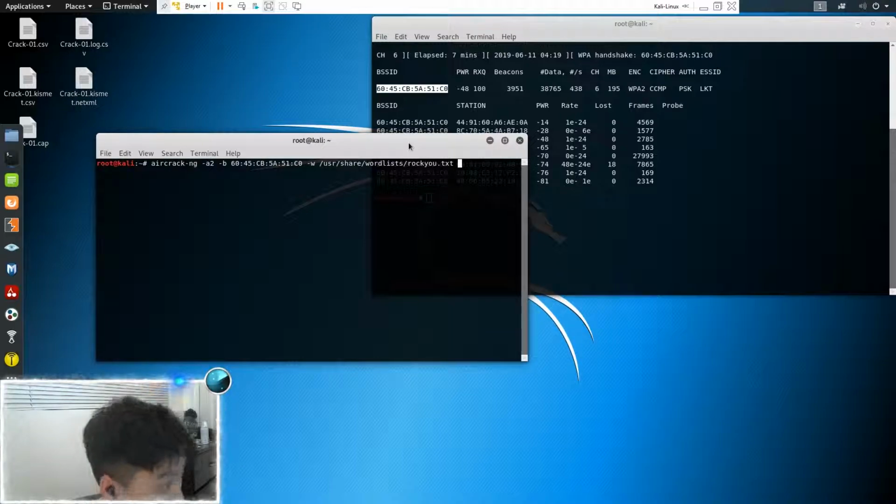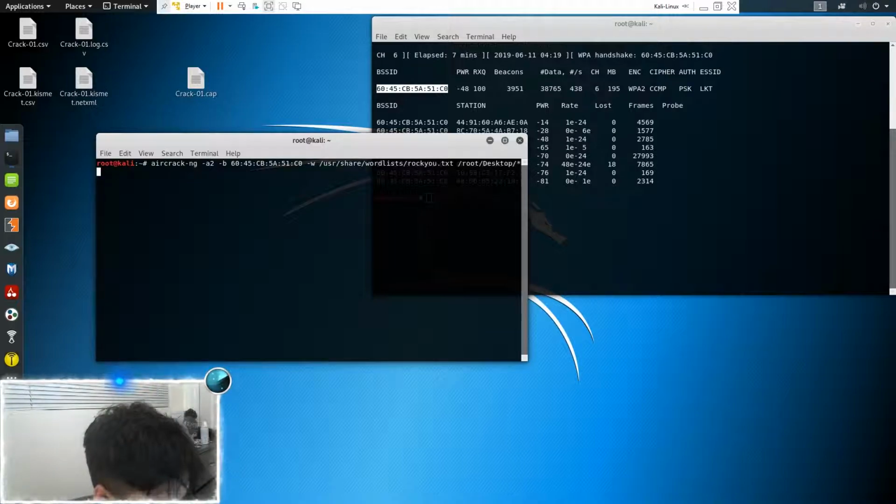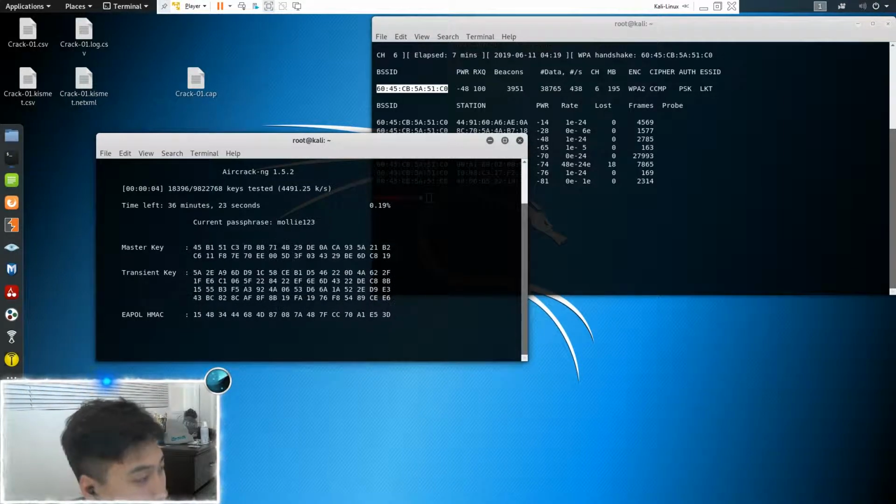And then next we're gonna be needing this cap file right here. And to do that, we use /root/Desktop with a capital D, and we can just do *.cap, press enter, and then as you can see here, it's